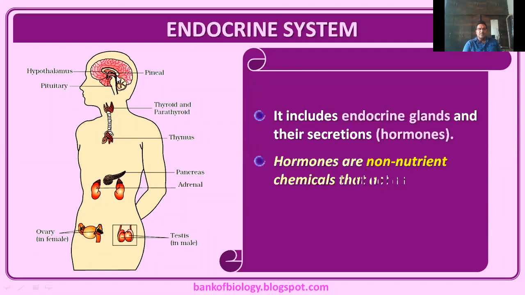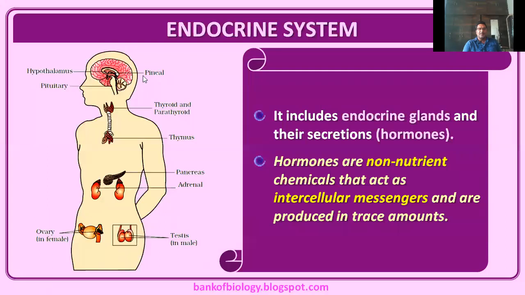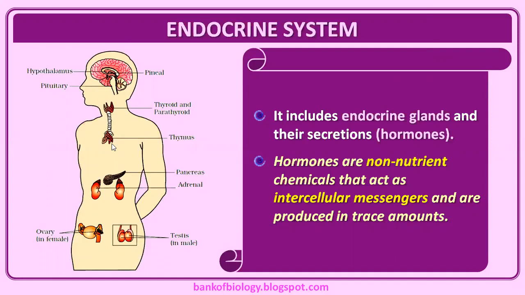Above, from the diencephalon, the epithalamus has the pineal gland. The hypothalamus is connected to the pituitary gland. In the neck region, you will find the thyroid on either side. You can see the parathyroid gland, and the thymus is one of the glands on the ventral side of the heart. In the abdomen, we find the pancreas, and above the kidney, the adrenal gland, and the testis and ovary,